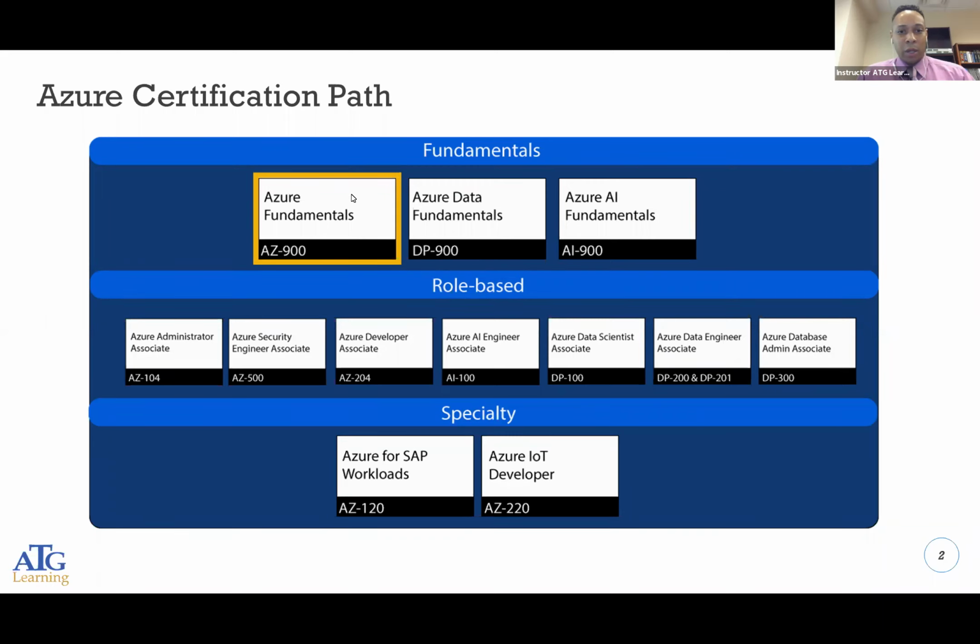And let's talk about Microsoft Azure Fundamentals. As you can see here, this is a fundamentals entry-level exam, meaning that you don't need any prerequisites to get into taking this particular exam. Anybody that's looking to get into IT, that has an interest in cloud technologies, we'll talk about exactly what a cloud is in a second, you don't need to have any previous IT experience or knowledge in order to take this exam. In fact, this is one of the first exams that you'll take to get into your IT career.